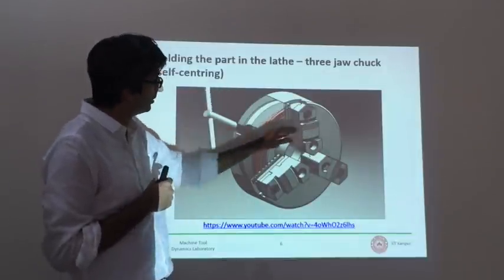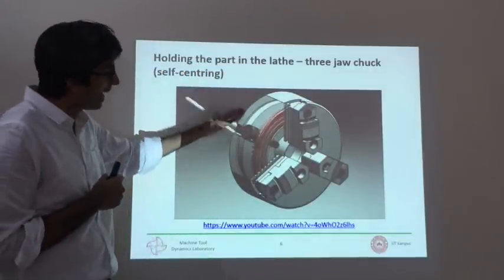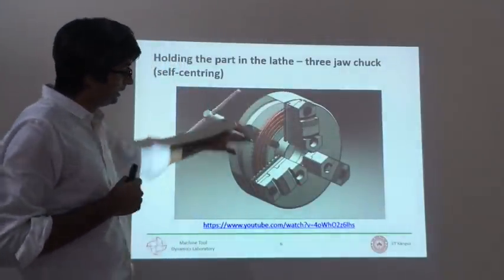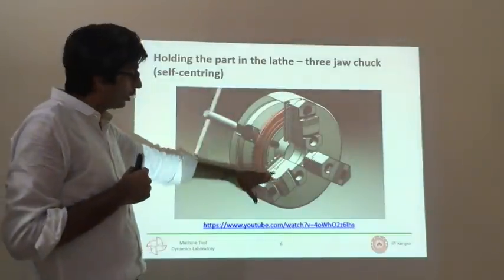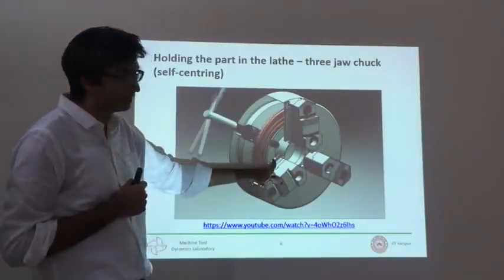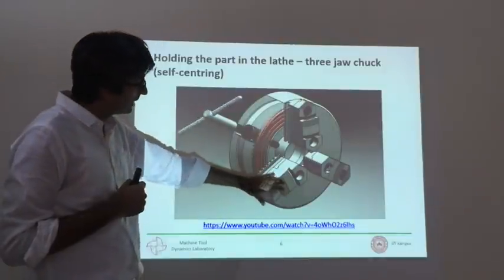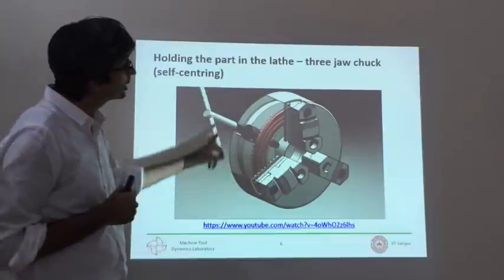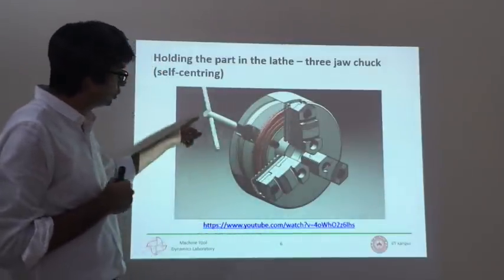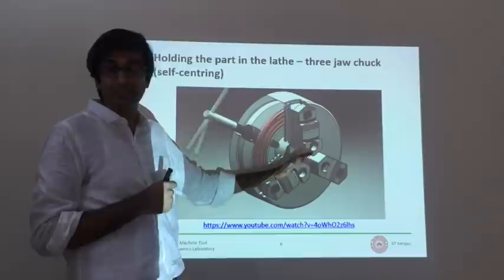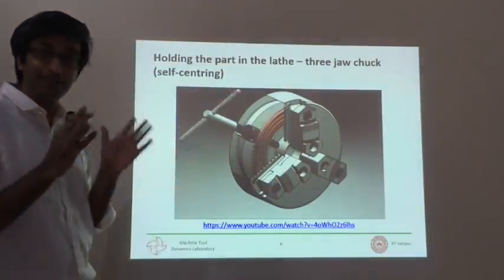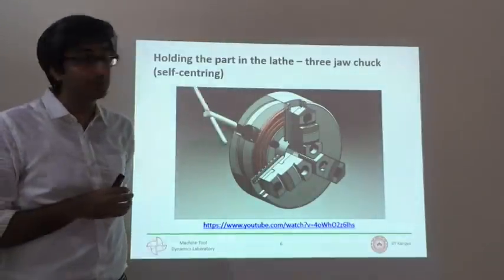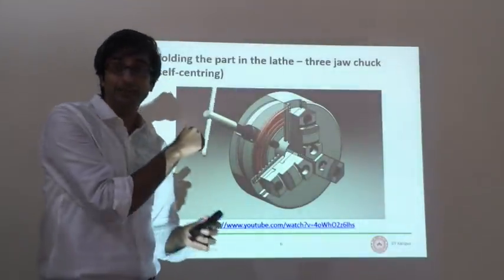And that bevel gear, so there are teeth in its front side, and the back side of that bevel gear, there are slots, grooves. And these jaws also have grooves behind them. You can see these teeth, right? And these jaws are essentially moving within these grooves, and these grooves are spiral, which are cut on the back side of that bevel gear. And as you rotate this, that is why these jaws translate. A really nice mechanism, very well done. Whoever conceived of this many hundreds of years ago. And this is still the classic mechanism used.